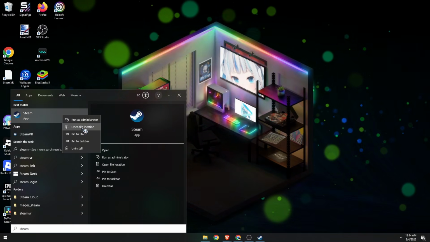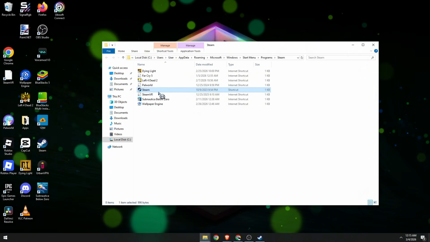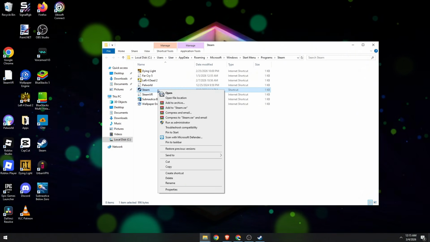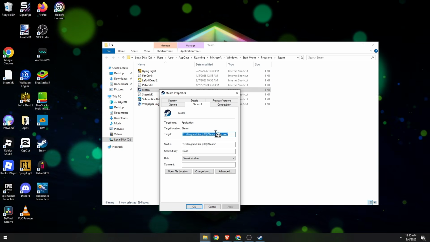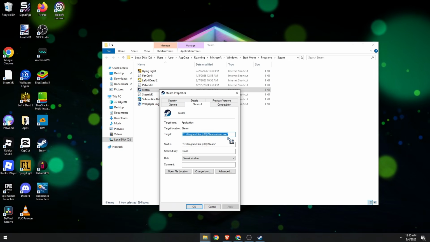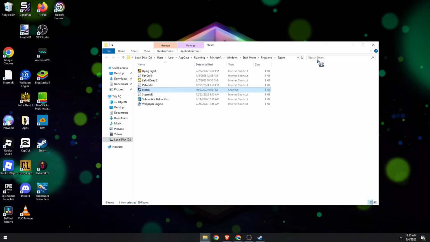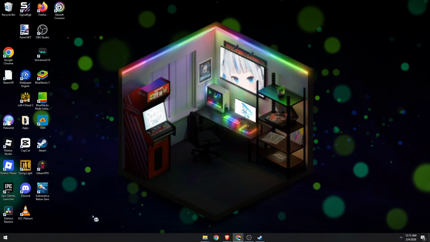Right-click and choose Open File Location. Then Steam will automatically be highlighted. Right-click on it, go to Properties, and then this section, Target, I want you to copy this, all right? Control C on your keyboard, and then close that, minimize this window, and then go back to your Windows Start